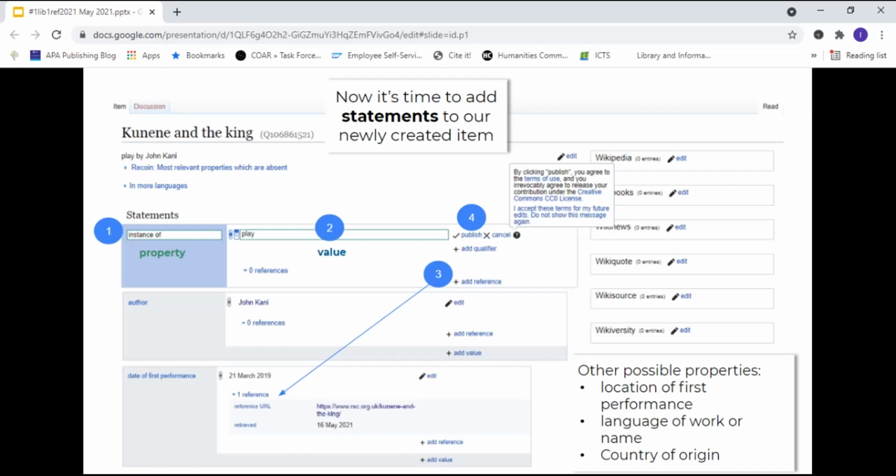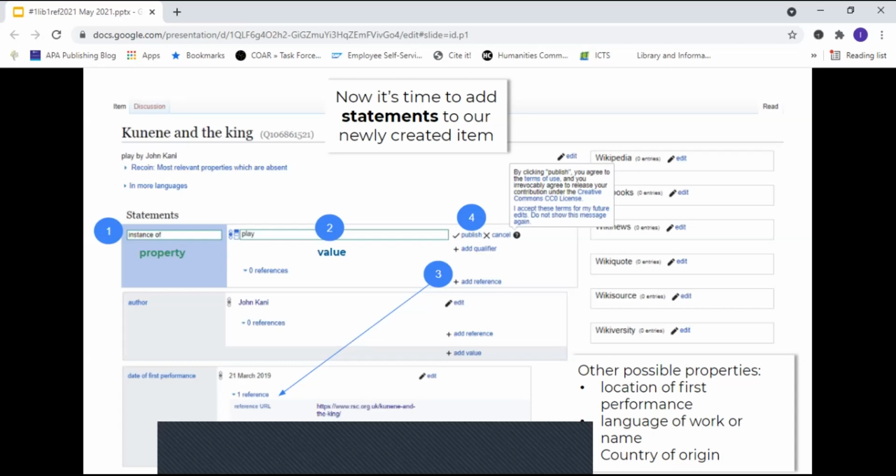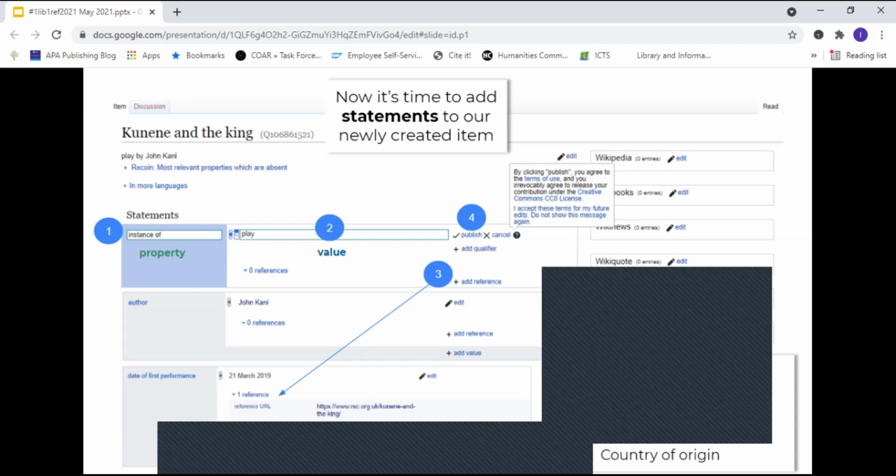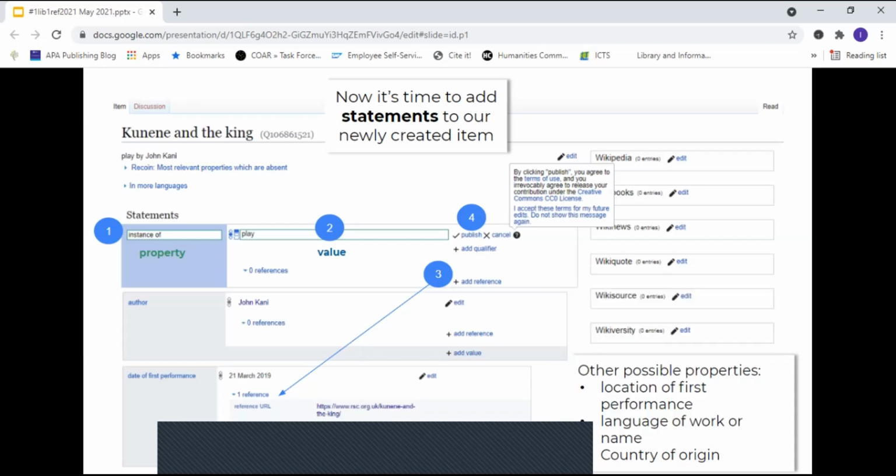Here you could link from a database, to a book, journal article, newspaper article, and so on. So you would then use stated in, and the source needs to exist as a Wikidata item. If it doesn't, you have to create a new item. So these are what I've explained now, all illustrated on the slide by the numbers 1 to 4.